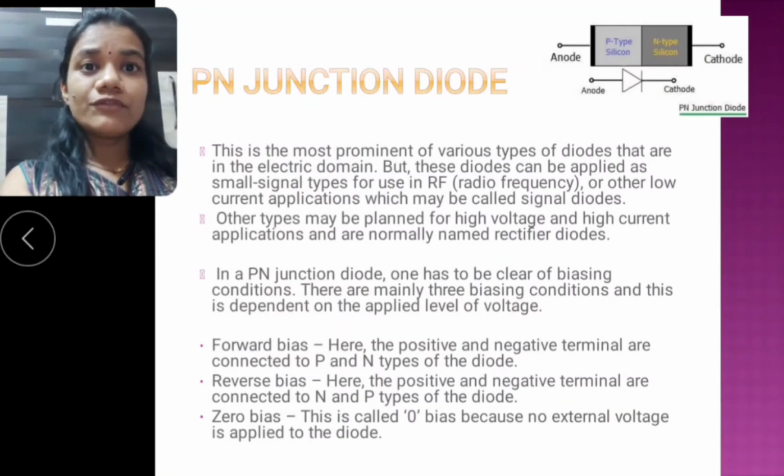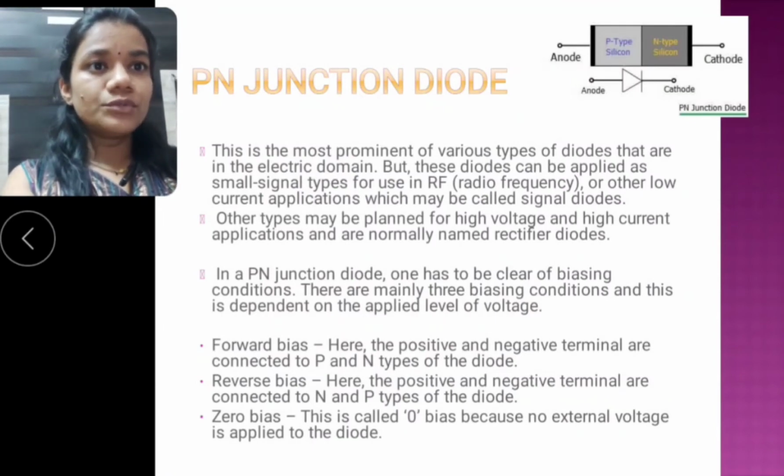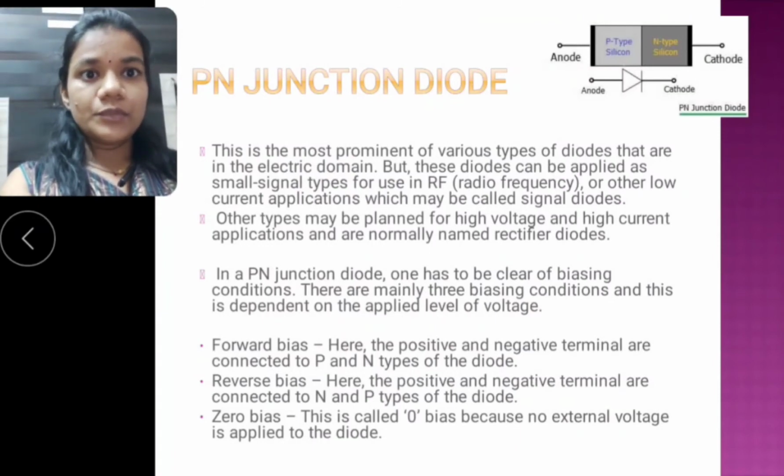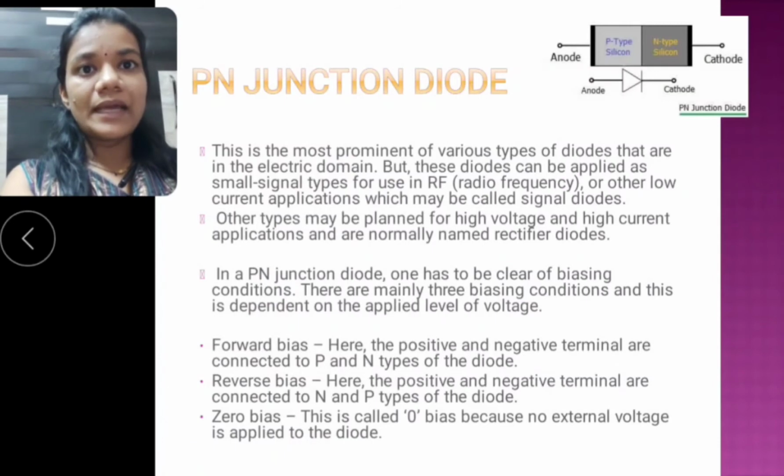So what is meant by forward bias? Here the positive and negative terminals are connected to the P and N type of the diode. In the diagram we have shown that P is p-type silicon, meaning positive type, and N is negative type. So when the supply positive and negative terminals are connected to the P type and N type of the diode,